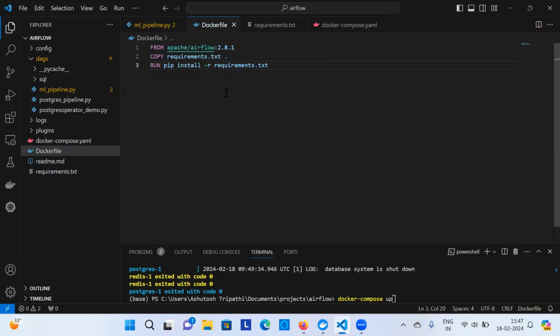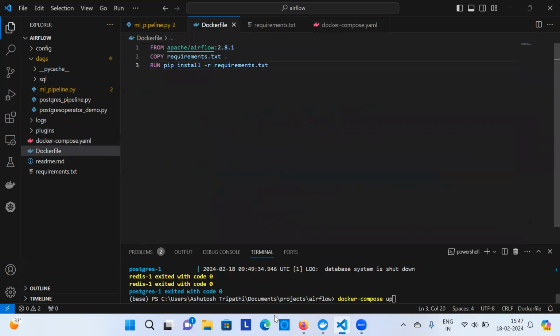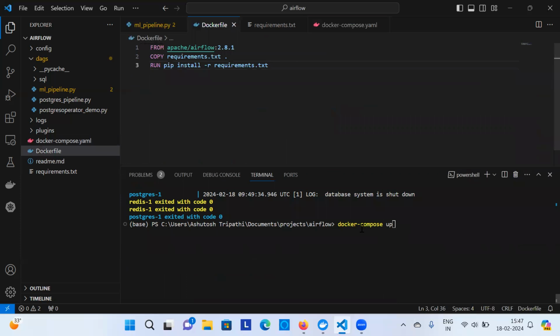So that's the advantage of using a Dockerfile and requirements.txt like this. Make sure you comment out this line, otherwise it will install from this, and you uncomment this build line, so it will start building this Dockerfile. And now the moment you run docker compose up,